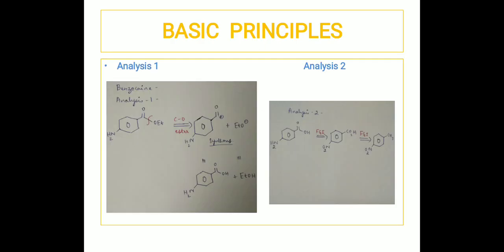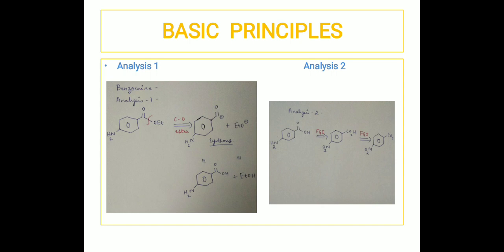So analysis 1. In analysis 1, what are we disconnecting? We are disconnecting the carbonyl carbon and the OEt group. So a disconnection between C and O. Understanding, right? There is a disconnection between C and O. See, here I have represented the disconnection with an elongated S. In the Jagadamba textbook, the arrow is like this. I mean, the disconnection is represented as an elongated S, and you can also use the wavy line, as you saw in the first few slides. So both are correct, and you can use any one of them as the disconnection.